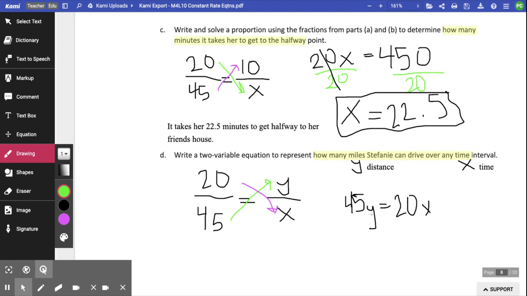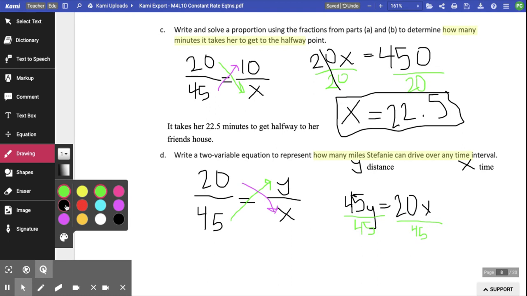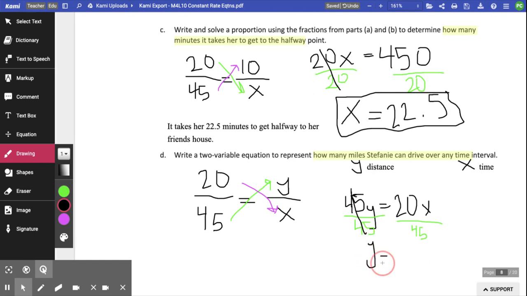When I look at my equation, I see that the y variable has a coefficient of 45. So I'm going to divide that 45 coefficient away. And I'm going to divide it from both sides because remember, in equations, we have to keep a balance, and what we do to one side of the equation to change it, we must do to the other. So 45 divided by 45 is 1. 1y is the same thing as just y, is equal to